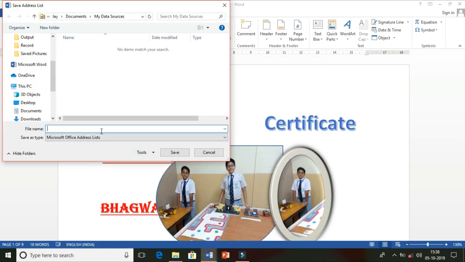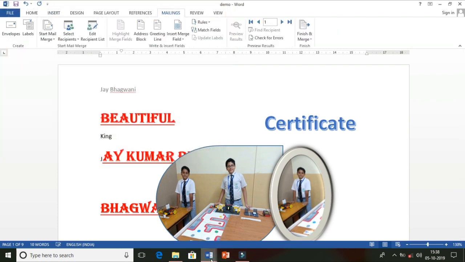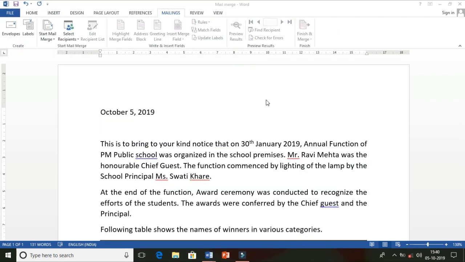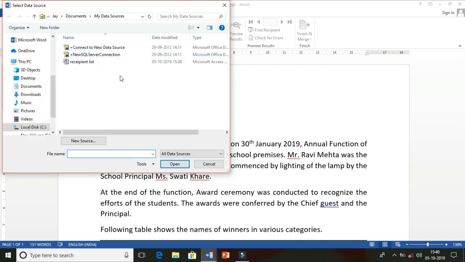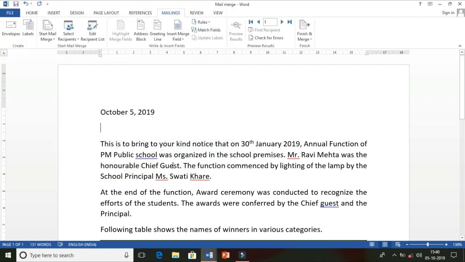I can save this document. So I have created a recipient list. Let me select the recipient list. From the Select Recipients option, use an existing list now, because I have already typed. Now this is my recipient list file. Click on Open.